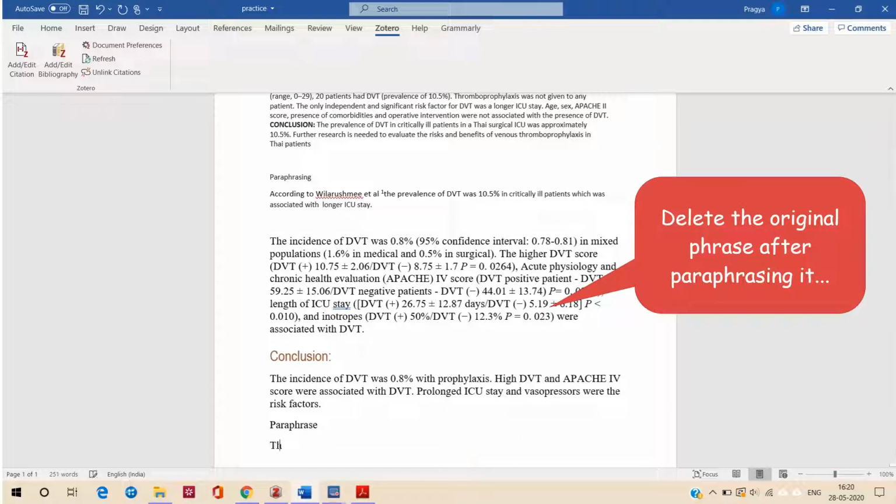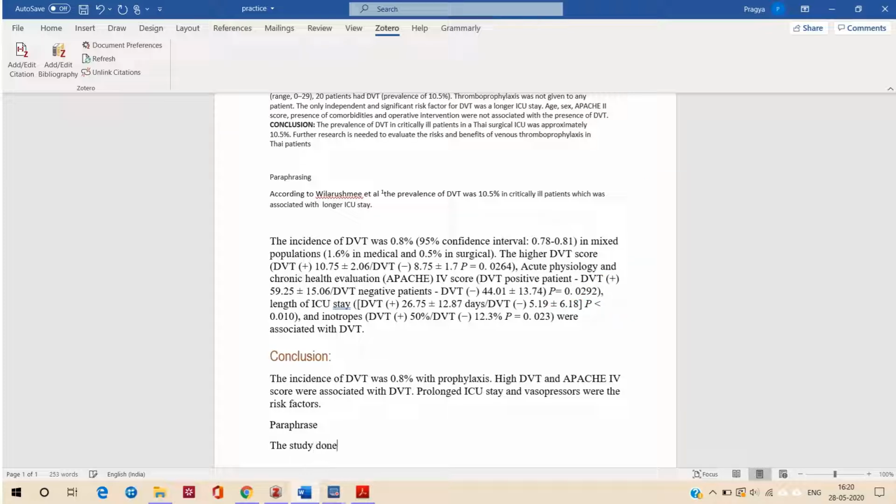So here I will paraphrase it like the study done by Kumar et al. reported the prevalence of DVT as 1.6% in medical ICU and 0.5% in surgical ICU.